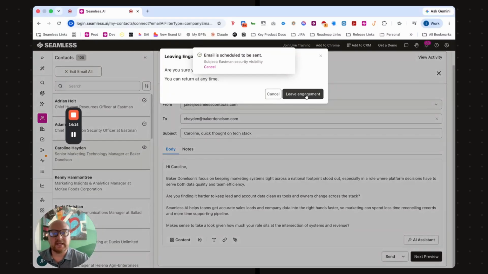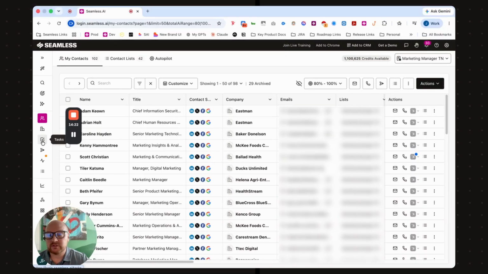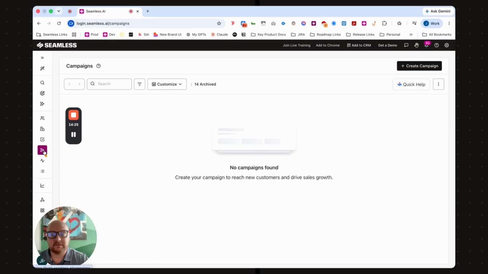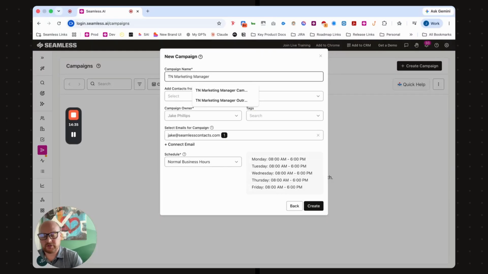But I'm going to go ahead and exit that. I'll leave this engagement and go back to my contacts, because now what I want to show you is the ability to create a campaign. So I'll jump into my campaign right here on the left. I currently don't have any campaigns, but I'm going to go ahead and create one. So I'll call this my Tennessee Marketing Manager